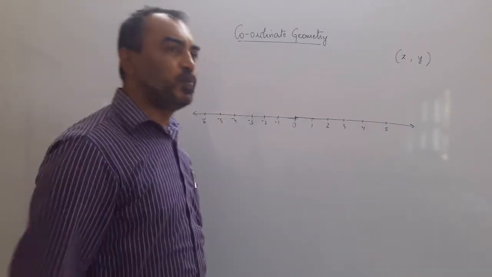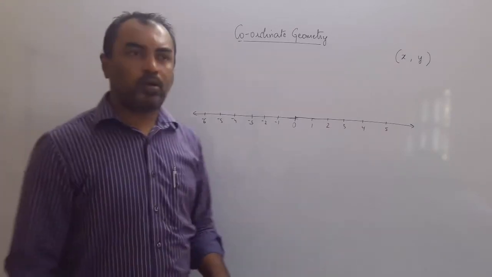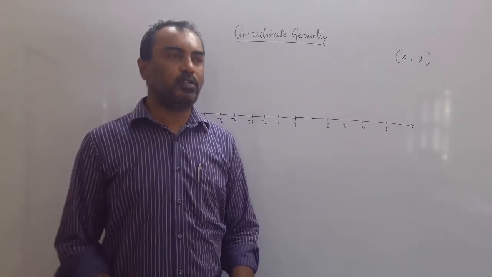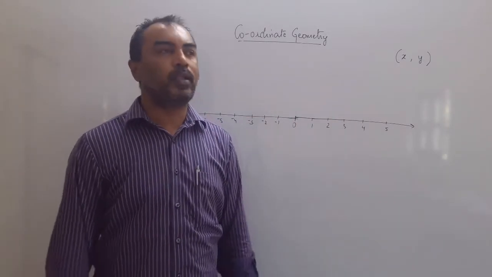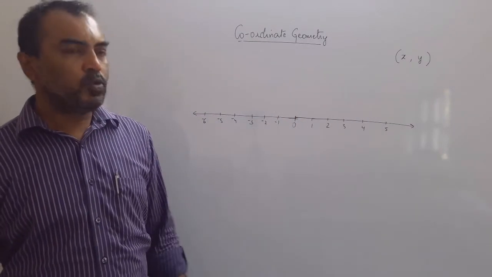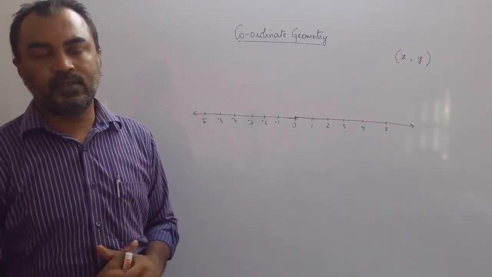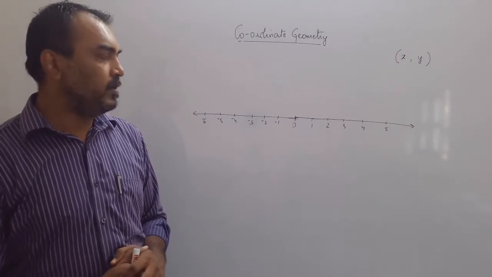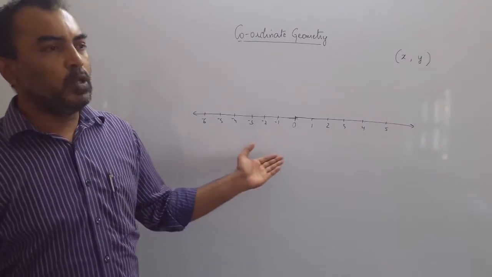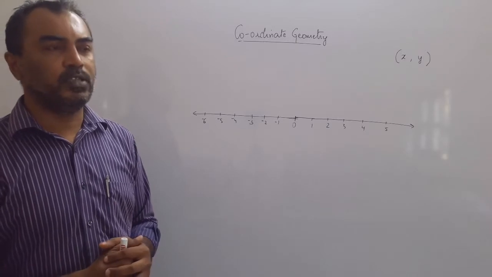Now let us see an example of a 2-dimensional space. For a little time, we can consider the earth is flat. Actually the earth is not flat, it is a round globe. But if you see a small region, the earth is flat. So you are living somewhere in a society, and there are many societies also. Let us say a friend is coming to your place and you want to tell him where your house is.